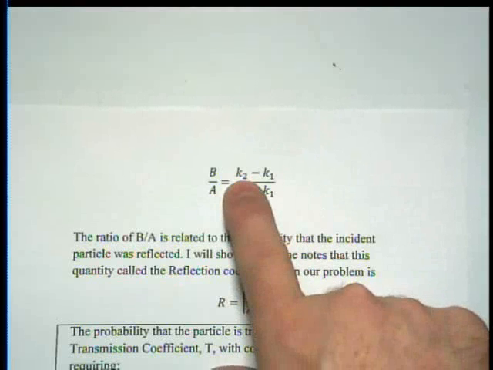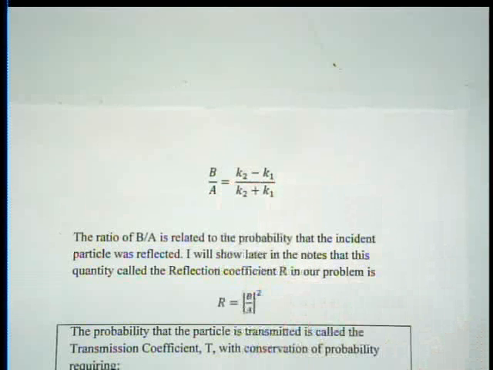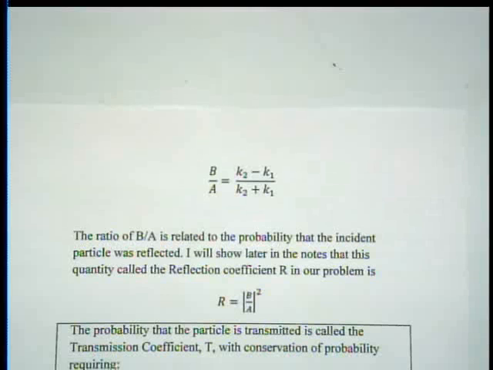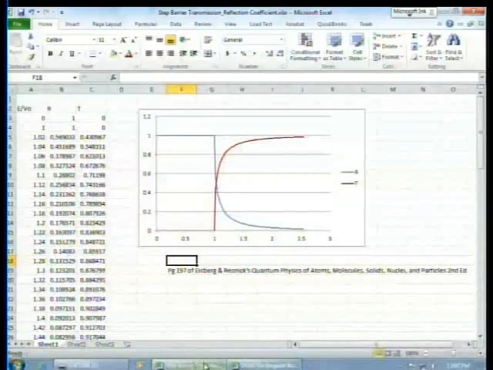If K2 gets bigger, then it looks like your reflection coefficient goes up. And that's kind of what you would expect, okay? So I made a simple step barrier to do that sort of thing. Let me show you that. So I gave you a